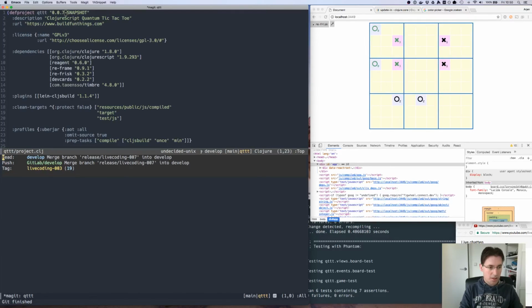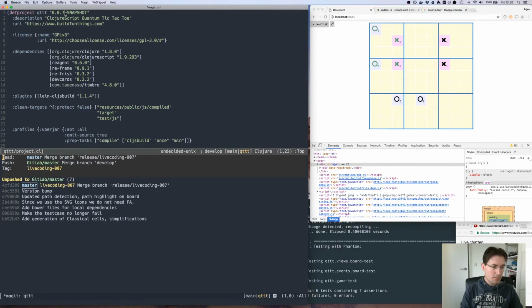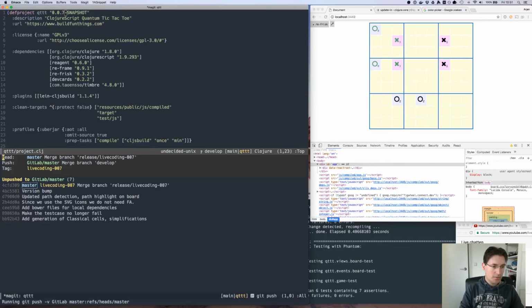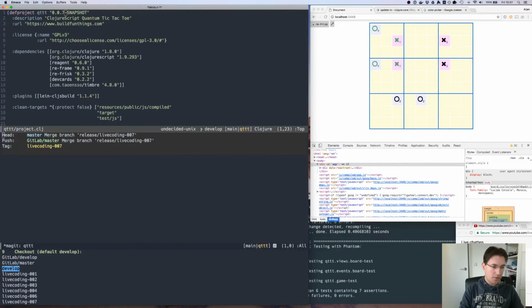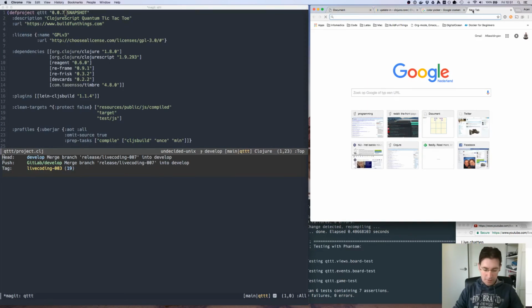So it still works. And we'll push the develop branch back to GitLab, which now has a tag of live coding 007. But more importantly, we have a master branch, which now also has all the updates. Let's push that. Push it. We'll wait a little bit. And we should now check out develop again, because that's the one that we develop on. And if we look at GitLab,